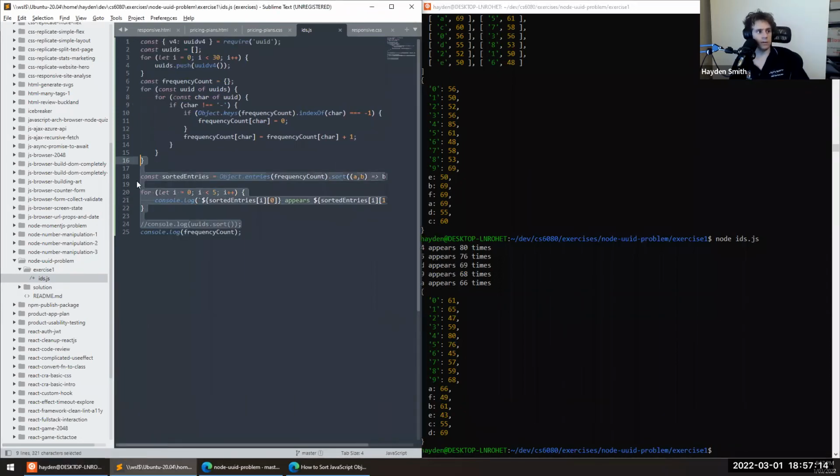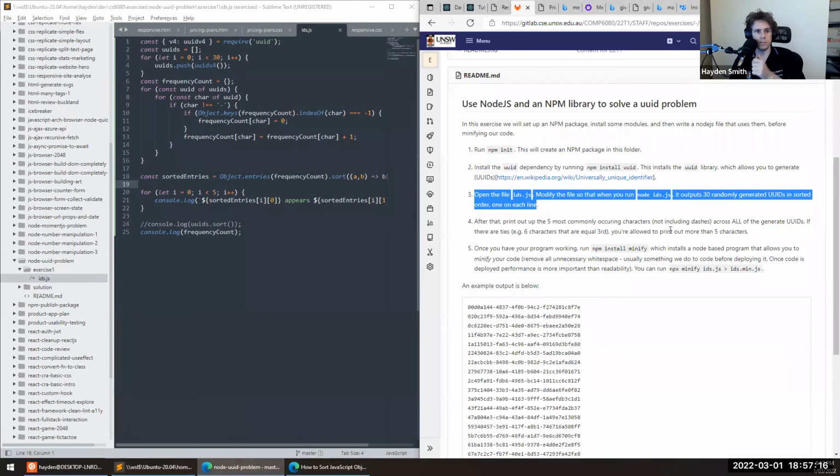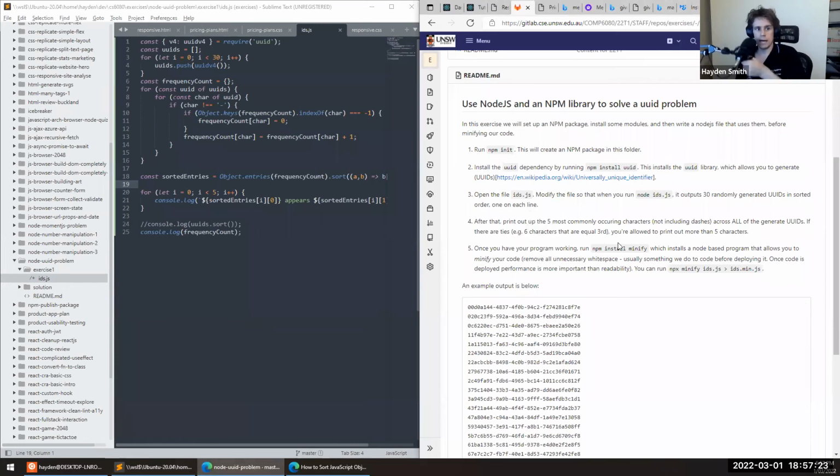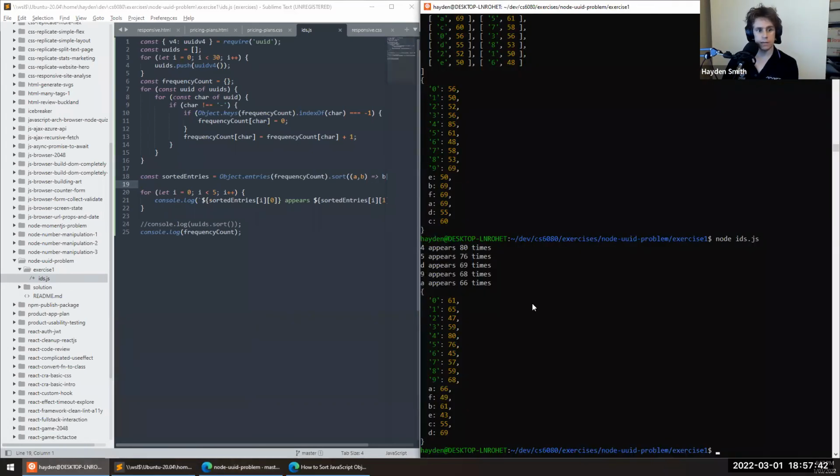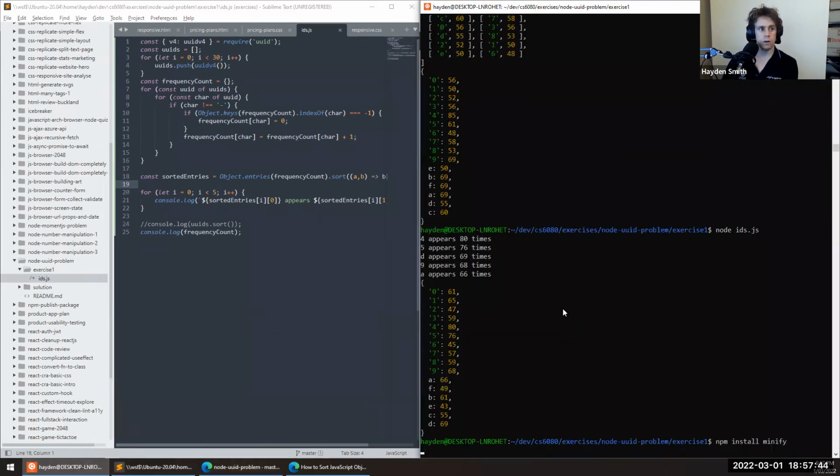What we haven't dealt with here is this particular problem, which is that if there are ties, 6 characters that are equal third, I'm allowed to print out more than 5 characters. I'm allowed to, I'm not going to be required to, so I'm just going to skip over that. And then it says, once you have your program working, npm install minify, which installs a node-based program that allows us to minify our code,